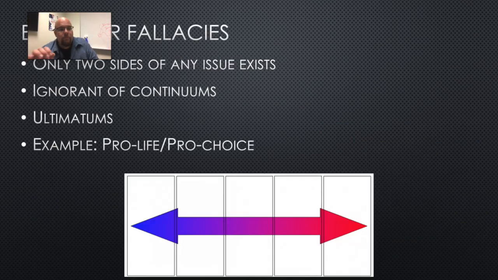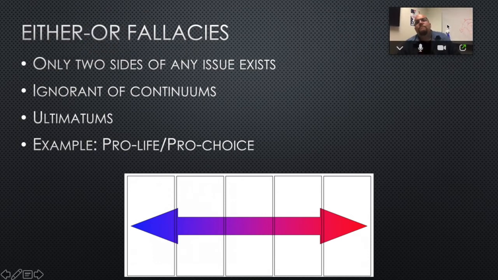Next up, we have, let me move myself over, the either or fallacy. Either or fallacy is when an idea, an issue is presented and there are multiple options for how you might feel or the stance you will take, your position on that issue. But it's presented as though there are only two sides. You can either be over here or there. You're yes or you're no. You're black or you're white.